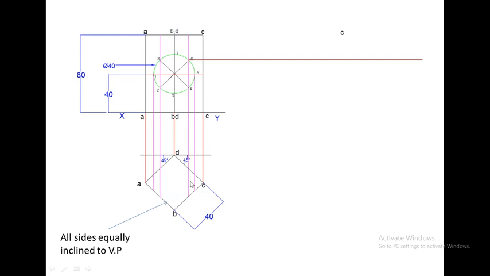Now we will mark all these points using alphabetical letters. So points P, Q, R, S, T, U, V and W. So we have marked a total of 8 extra vertical edges, that is vertical edge P, vertical edge Q, vertical edge R, vertical edge S, vertical edge T, vertical edge U, vertical edge V and vertical edge W. So actually there are 4 real vertical edges, but these remaining 8 vertical edges are imaginary.